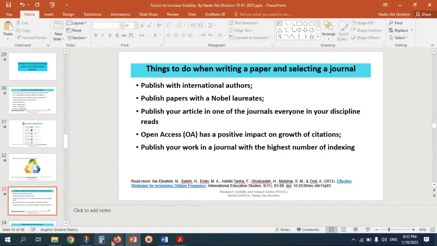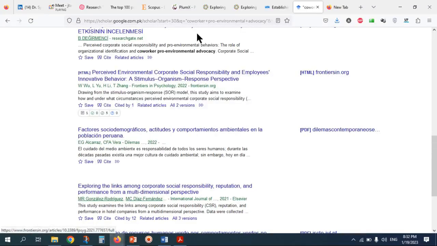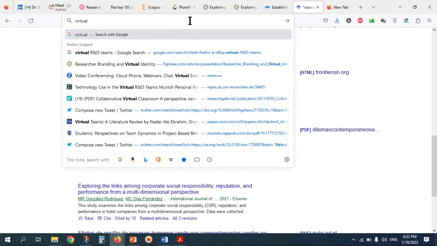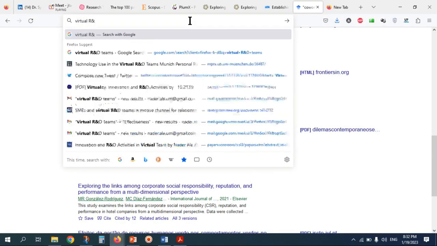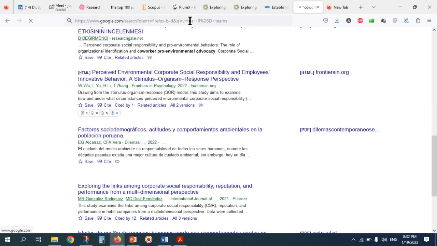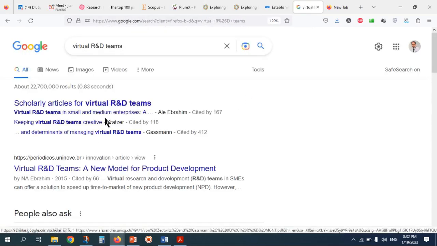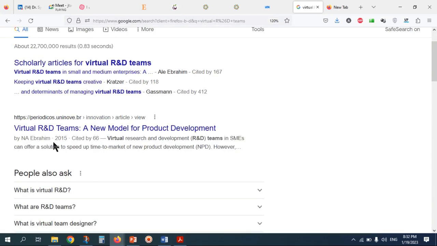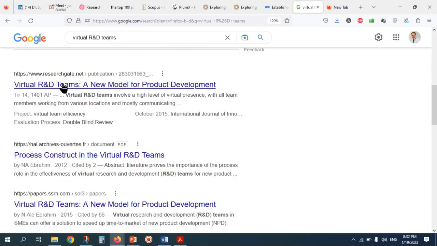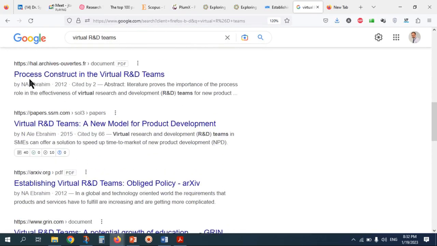For instance, my own brand name is virtual R&D teams. This is my brand name, and I try to repeat this one in a lot of papers. This is my paper, virtual R&D team, a new model for and so on. Virtual R&D team, process construct in virtual R&D team.